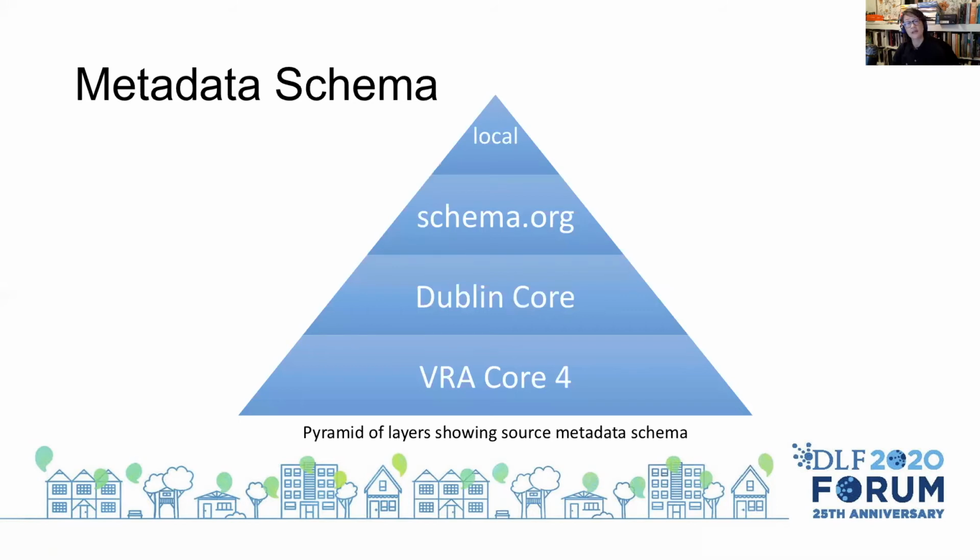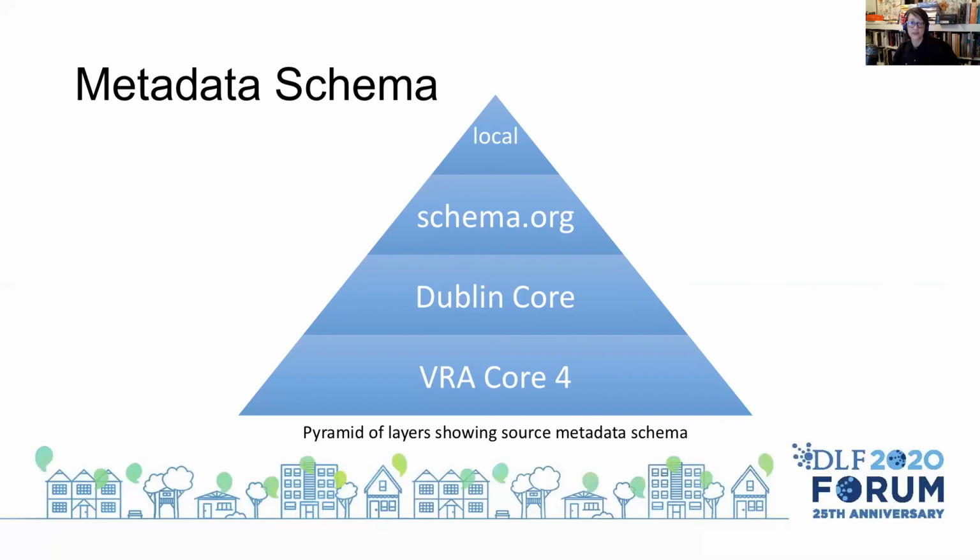So here's a very high-level overview of the metadata schema. I selected VRA Core as the base standard from which to start building. VRA Core could accommodate most of the incoming data from museums, many of whom were already using some variant of it. And it could accommodate most of Curationist's requirements. But there were a few cases where we needed to capture additional data points. So the resulting schema is a mix of VRA Core, Dublin Core, schema.org, and local fields. We used Dublin Core to fill in things like the language of the item and the provenance, which VRA Core didn't cover.